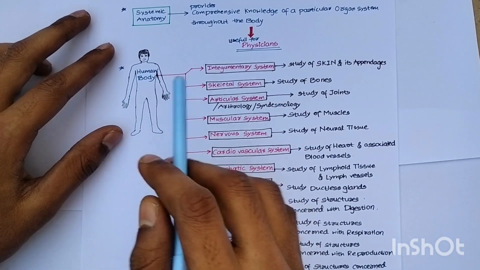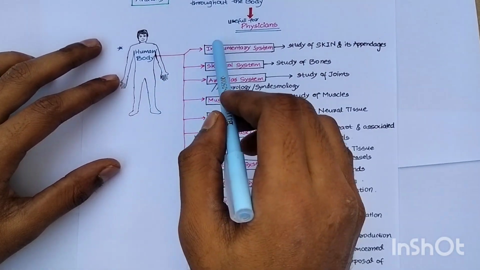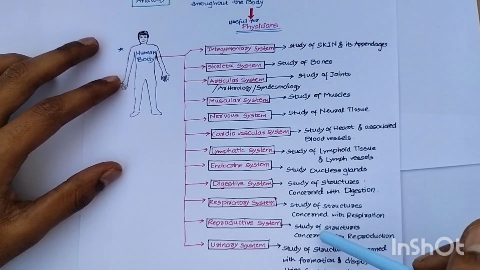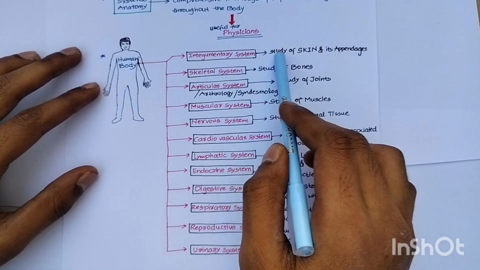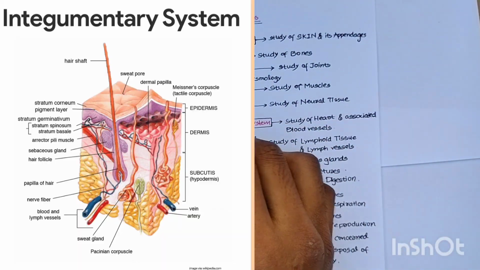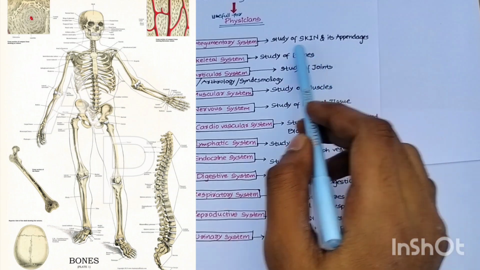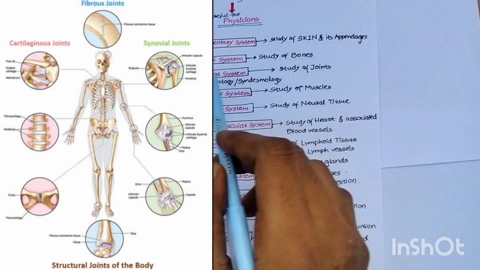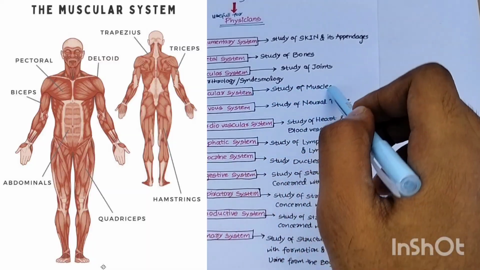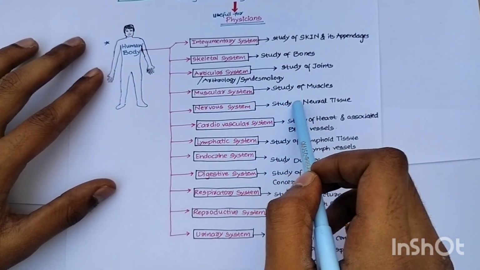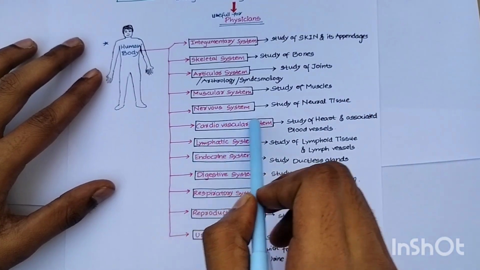So if you see this illustration, in the human body, the systems that we have already dealt with are there. The integumentary system, the study of skin and its appendages; the skeletal system, the study of bones; the articular system, the study of joints. It's also called arthrology or syndesmology. The muscular system, the study of muscles; the nervous system, the study of neural tissue; and the cardiovascular system, the study